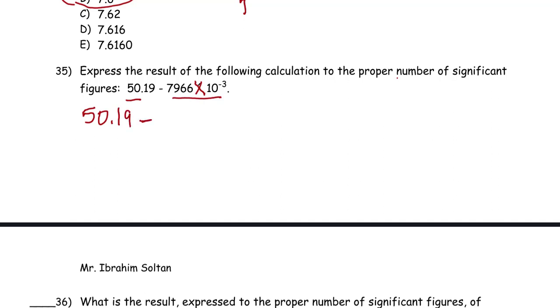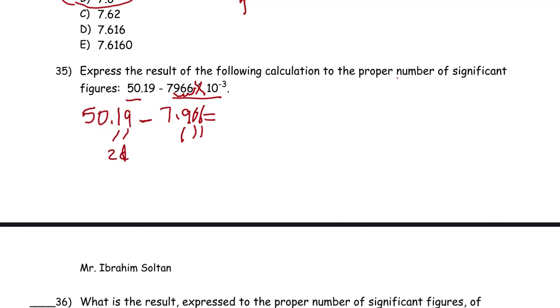50.19 minus 10 to the power negative 3. Let's use it, so it equals, let's assume that there is a decimal point here, 1 2 3, so 7.9 equals 7.966, right? So here we have 2 decimal places, here we have 3 decimal places, so the answer must have